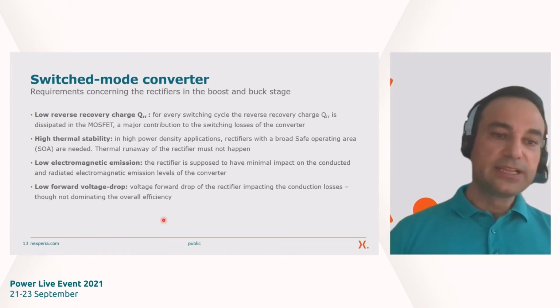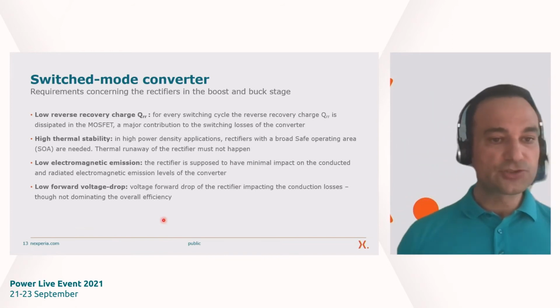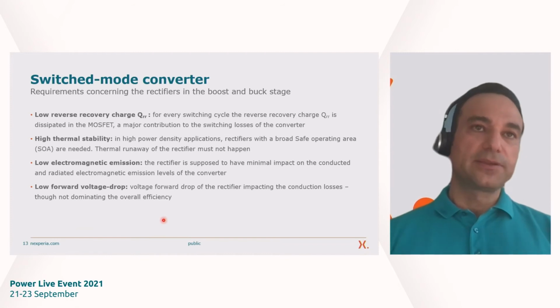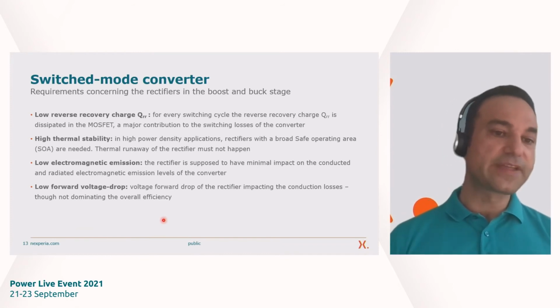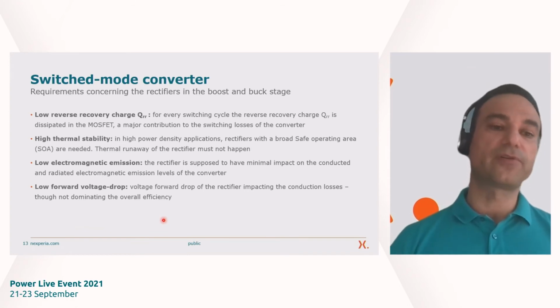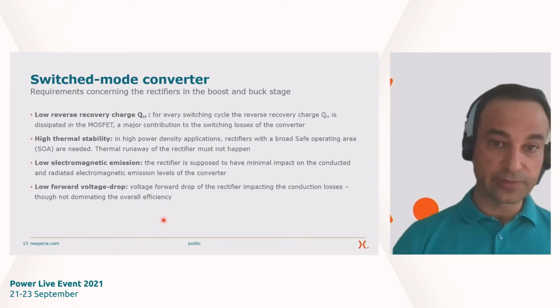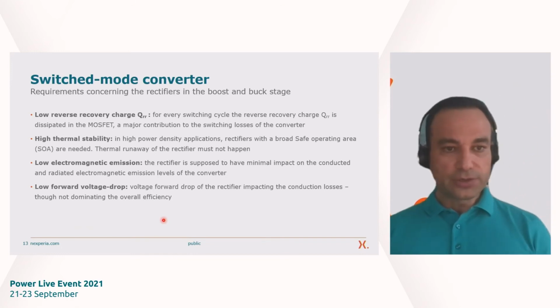And last but not least, we also need a low forward voltage drop, a low VF. But keep in mind that the switching losses are the dominating losses. But of course, there's also a contribution coming from the conduction losses through the diode. So in order to